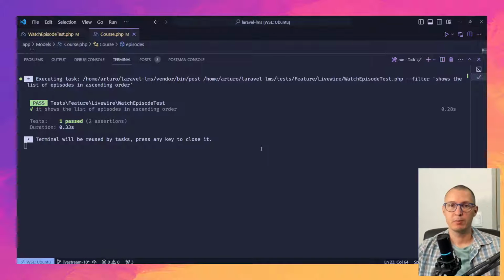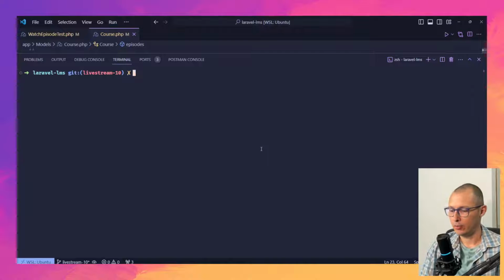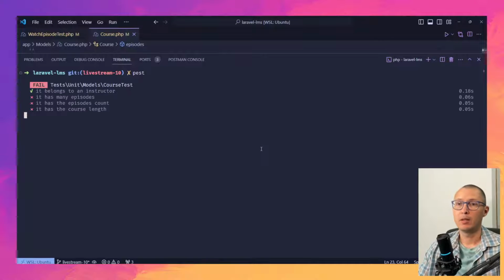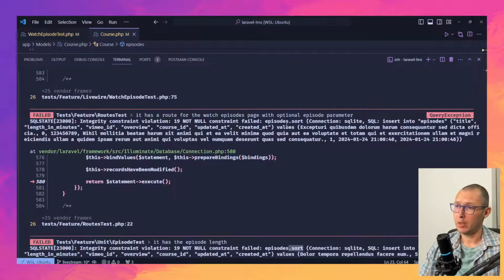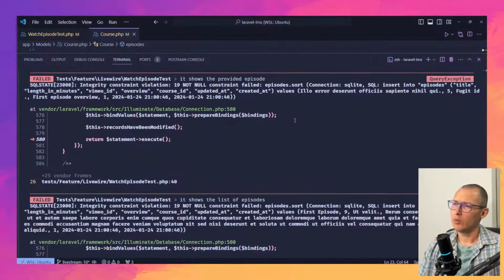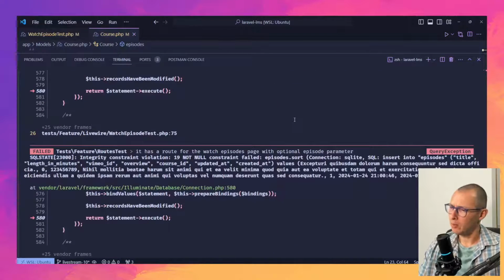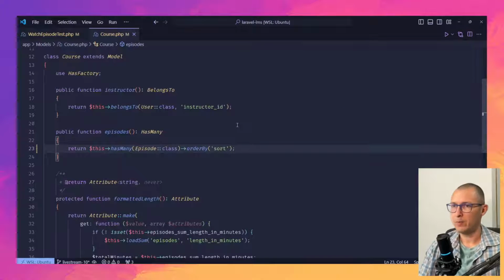Yeah, that was easy enough, right? Problem is, I just broke every other test pretty much in the whole suite. If I run pest, yeah, everything is broken. Mainly because of this. There is now a not nullable column in the episodes table, which is sort. So pretty much every error is about that. So to solve most, if not all of those errors, we should go back to the factory, the episode factory,